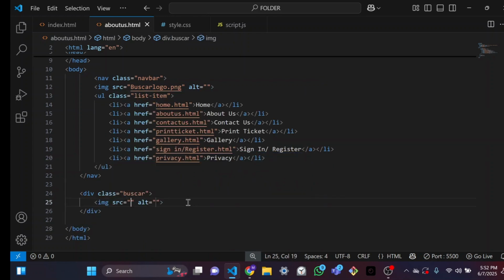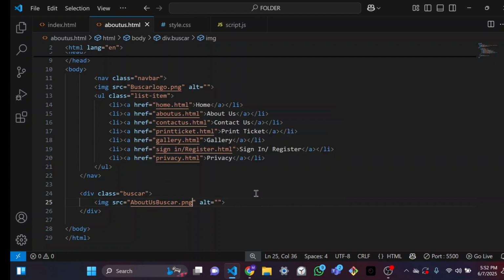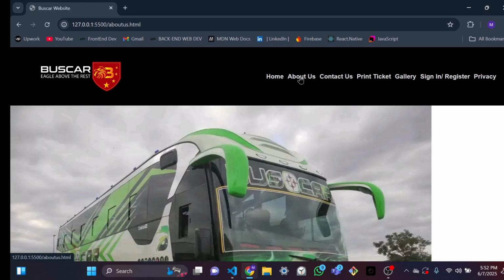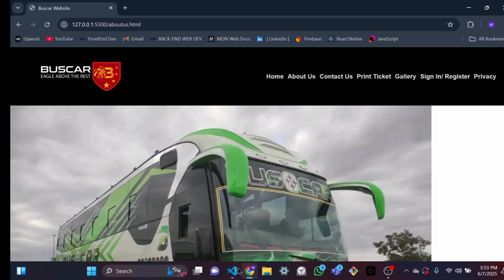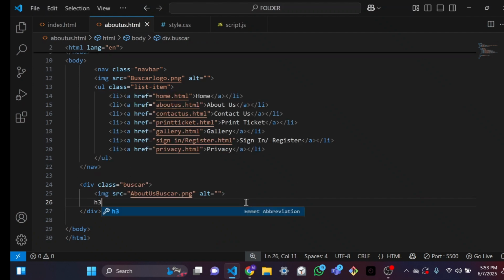Grab the img tag. So this is the image that we'll be using in that page. So let me, so the height is, and we have some text in there. So beneath we have the h3, which will be about us,